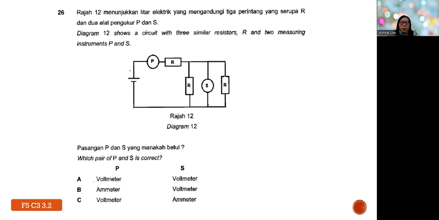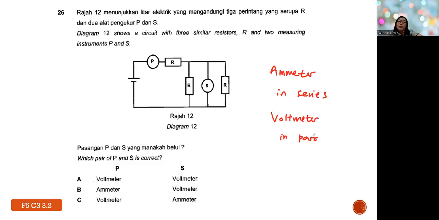Diagram 12 shows a circuit with 3 similar resistors R and 2 measuring instruments P and S. Which pair of P and S is correct? So this is under electricity. Okay, so for your understanding, the arrangement of the ammeter is always in series, while the voltmeter, when you connect into the circuit, is always in